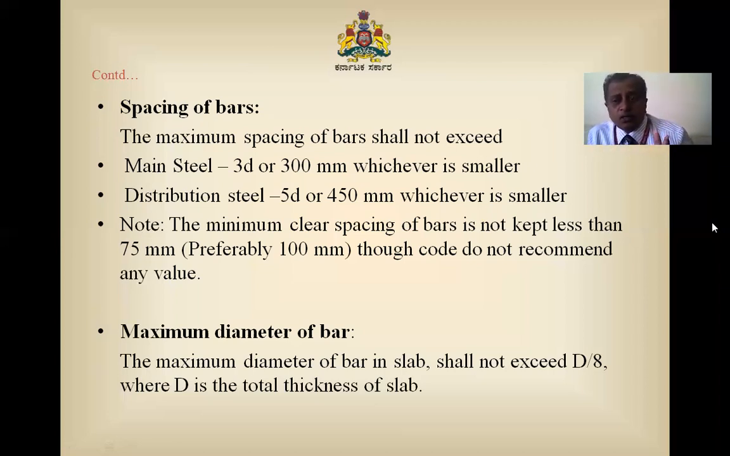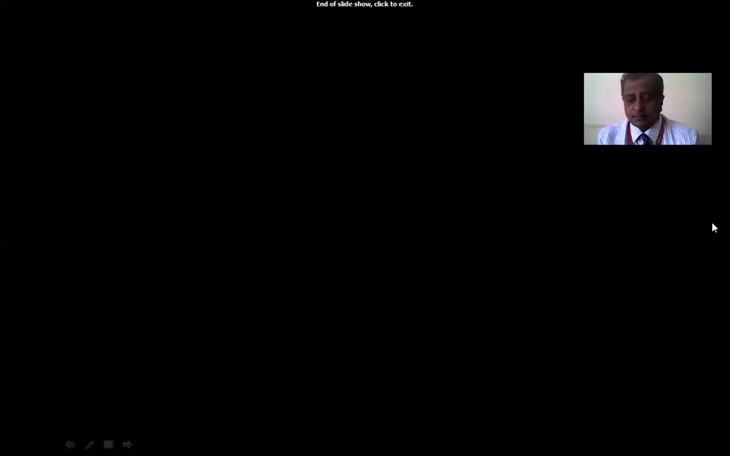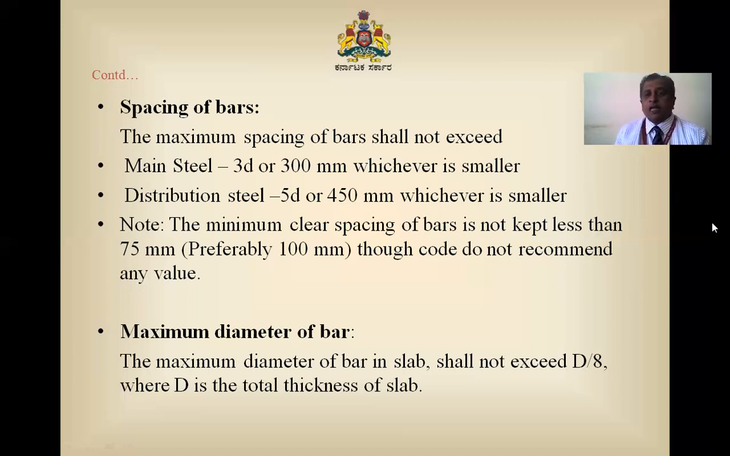But one should take care not to reduce the spacing much, especially if it is a floor slab. The maximum diameter of the bar. The maximum diameter of a bar in a slab shall not exceed D by 8, where D is the overall thickness of the slab, meaning 1/8 of the slab thickness. The maximum diameter of a bar shall not exceed 1/8 of the slab thickness. Anyway, these are the major guidelines which are